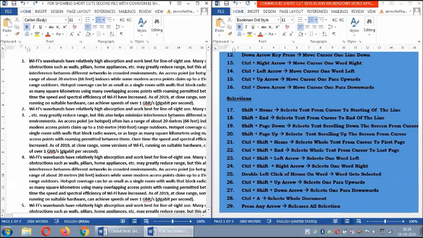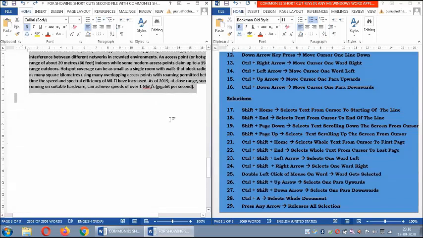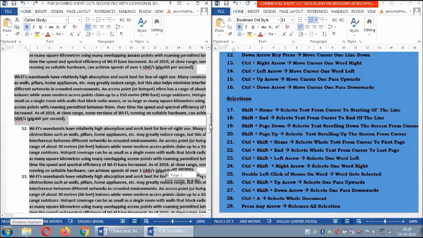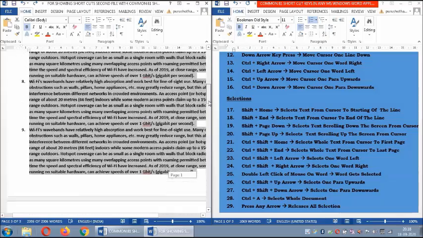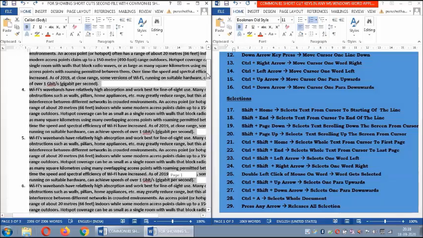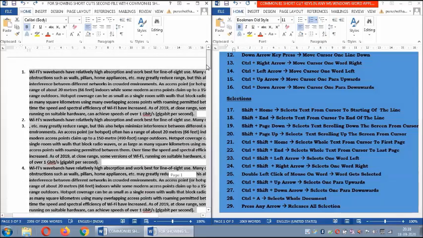See, arrow. Now Control Shift End: from the cursor position to the last page. See, this is my last page started. It came to the end of the page selected. Let's see the selections here, the scroll bar I show you. From the cursor towards downwards, it has all been selected because my cursor is at the starting. So from starting to end, it has been totally selected.